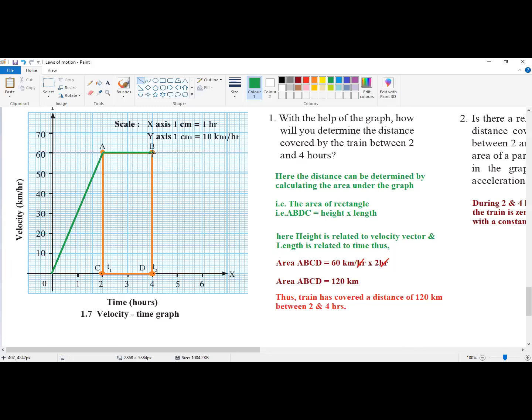All right. So now what will be the total distance? To find out the total distance, again we need to connect this thing together so as to get this area under the graph, and you can see this area is nothing but a trapezium. So now by finding the area of the trapezium, you will be able to determine the total distance covered by the train for 4 hours. 4 घंटे में ट्रेन ने कितना डिस्टेंस कवर किया है टोटल, that can be determined.